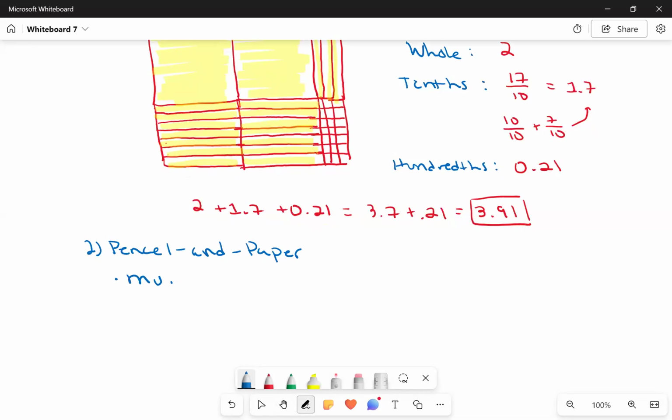Oops, that's not how you spell the word multiply. Multiply like normal. And then we have to count how many actual digits are behind the decimal, or numbers are behind each decimal in each part. Okay. So count